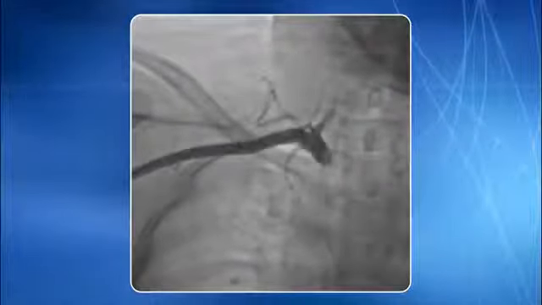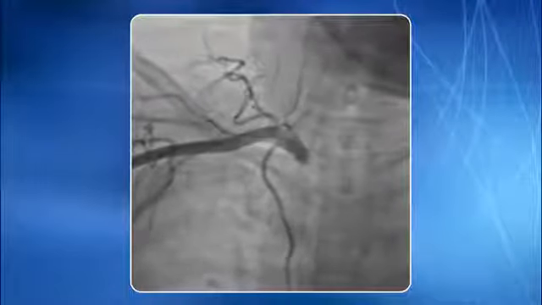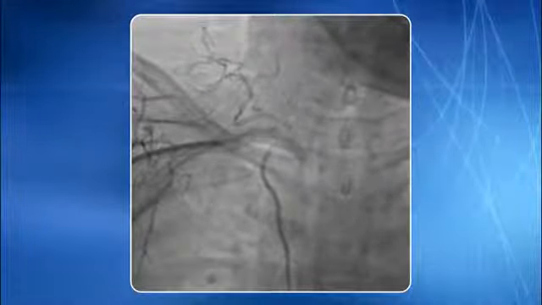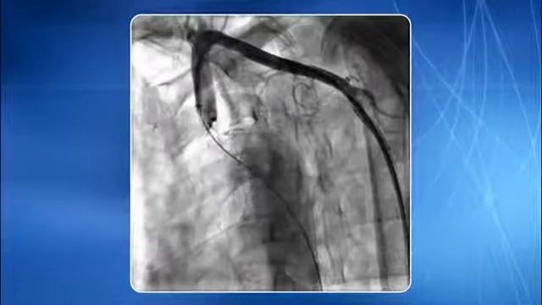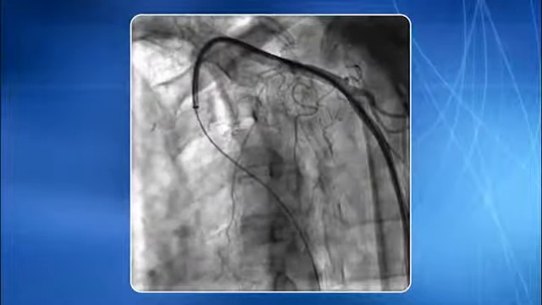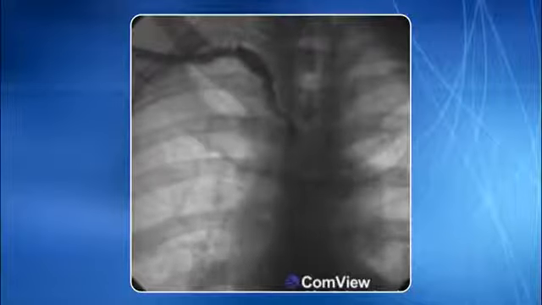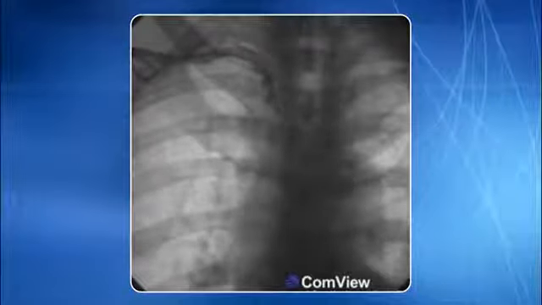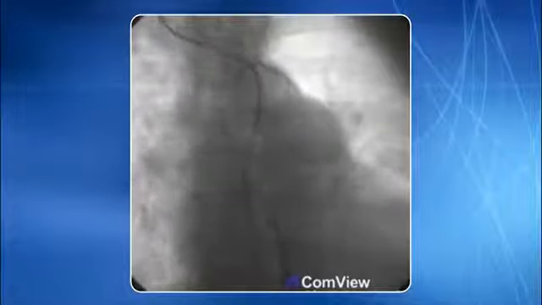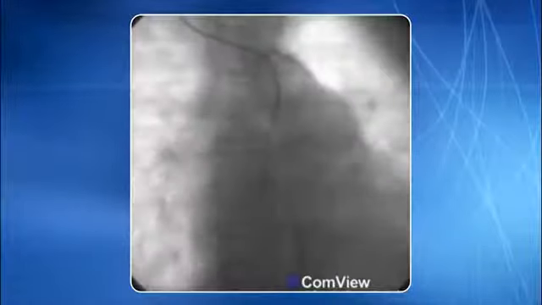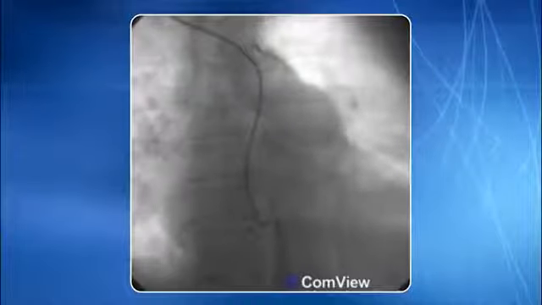This is an example of total occlusion of right subclavian artery. This is an example of a tight atherosclerotic lesion of left subclavian artery. This is an example of long segment atherosclerotic lesion of right subclavian artery. This is an example of mild tortuosity of right subclavian artery. See the catheter course. This is an example of severe tortuosity of right subclavian artery.